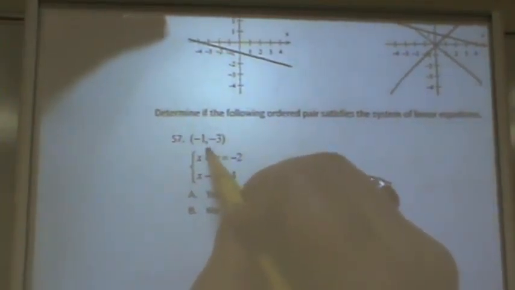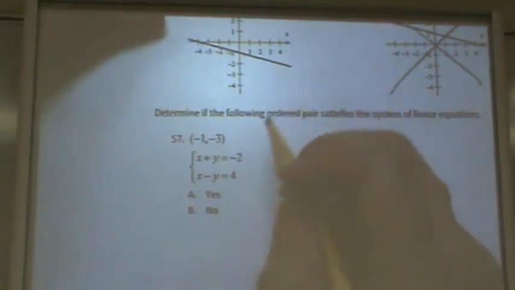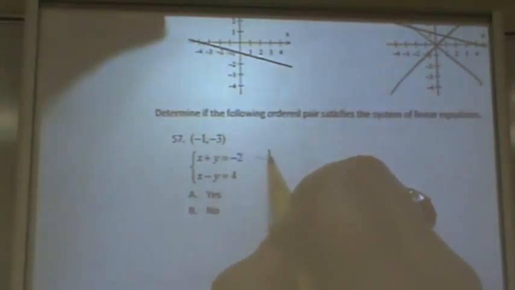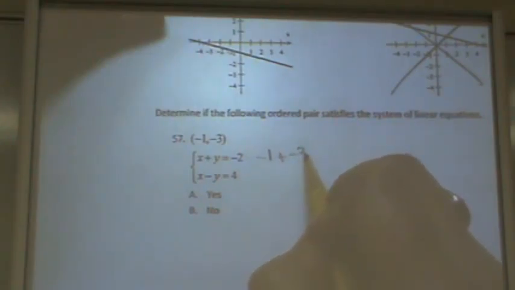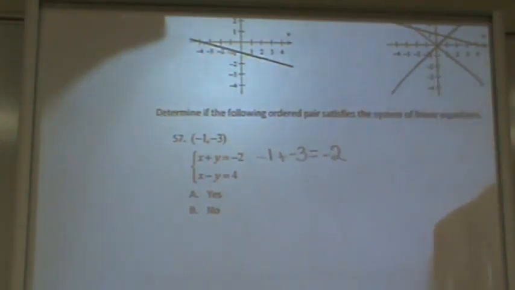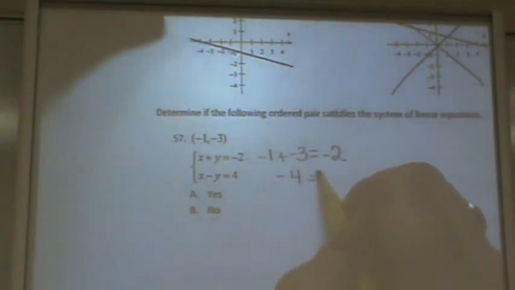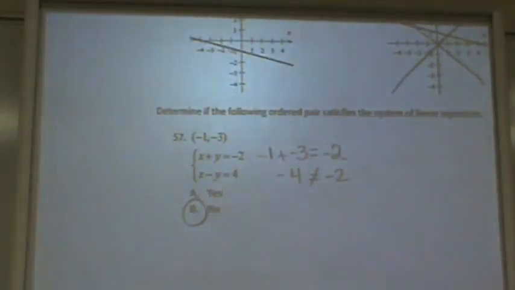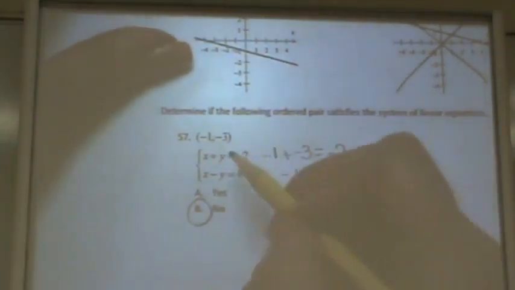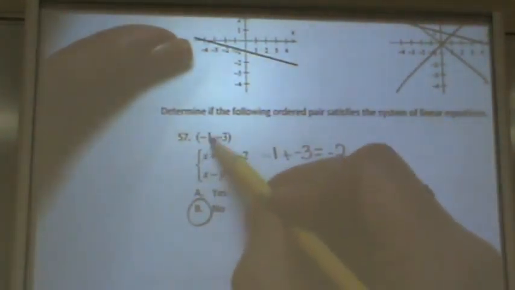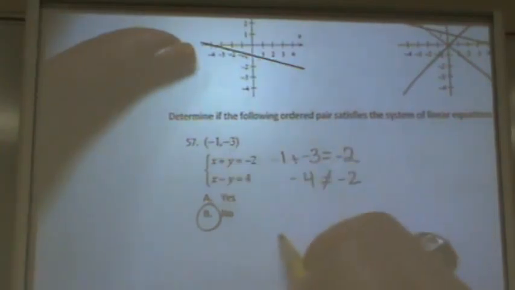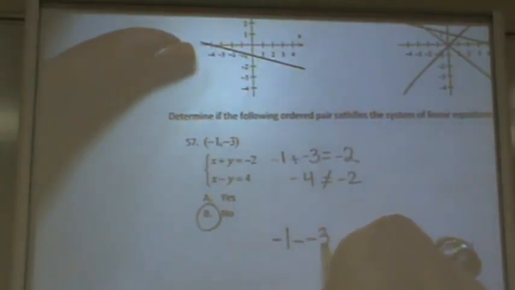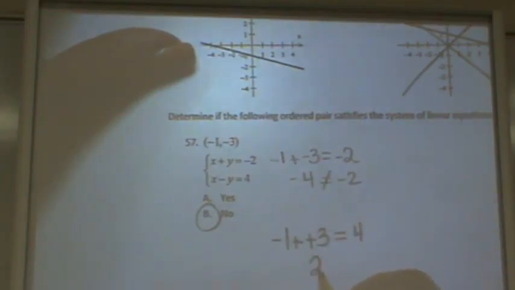So let's do the first one. And if the first one doesn't work, you don't have to do the second one. But negative 1 plus negative 3, does that equal negative 2? No. Negative 4 does not equal negative 2. So right away, my answer is no for 57. But let's finish it just to show you that it would have to work for both. So negative 1 minus negative 3, does that equal 4? And that also is no, because that's 2. 2 does not equal 4. So for sure